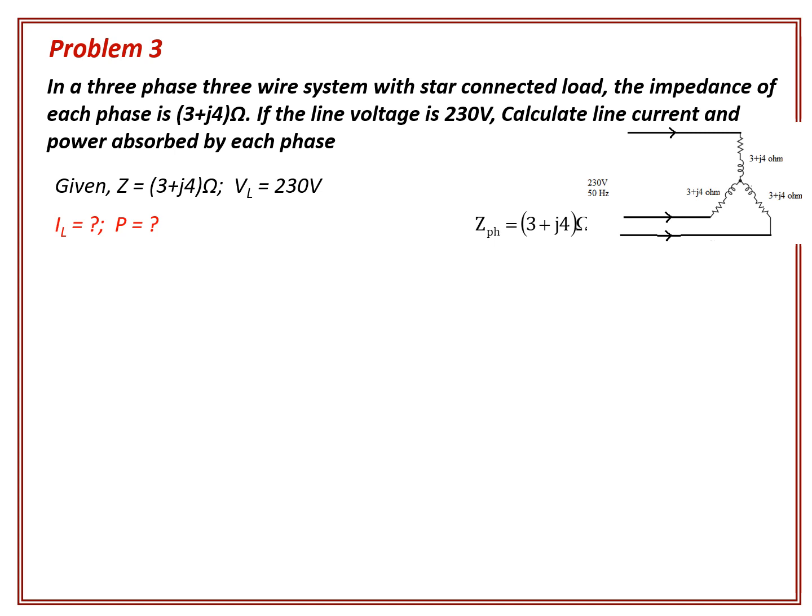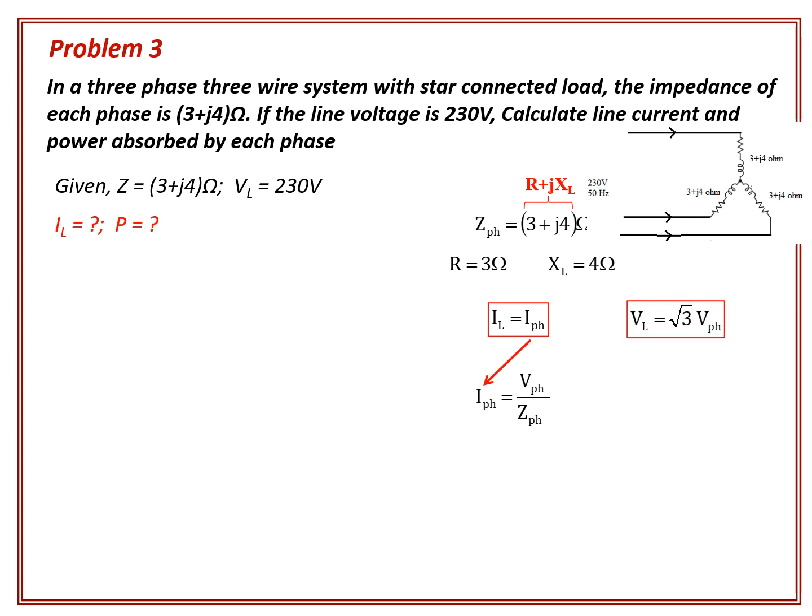Now let's look at the steps for finding the solution. Here per phase impedance is given as 3 plus J4 ohm. For an inductive load, the general equation of Z is R plus JXL. So comparing with the standard equation, we can say that R is equal to 3 ohm and XL equal to 4 ohm. Then for finding IL, use the equation IL is equal to I phase. I phase can be calculated using the equation V phase by Z phase.